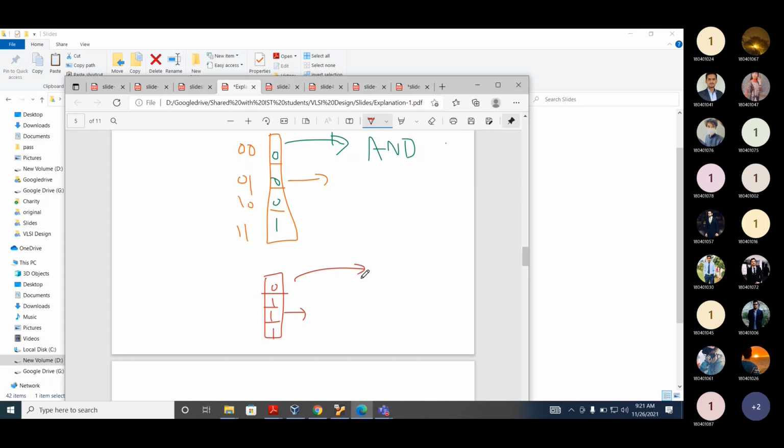Which function will be implemented? OR gate. So a lookup table with n inputs can implement any combinational function of n inputs. Okay, so we will study this lookup table in more and more detail.